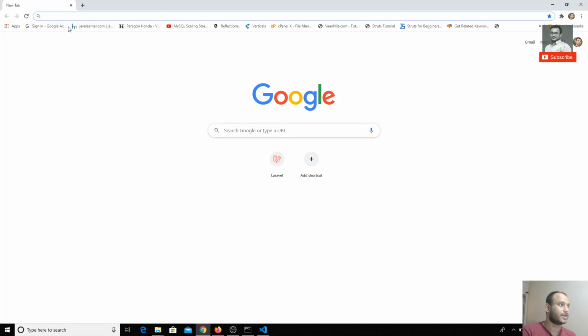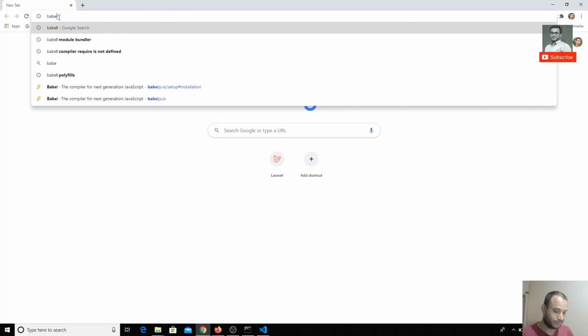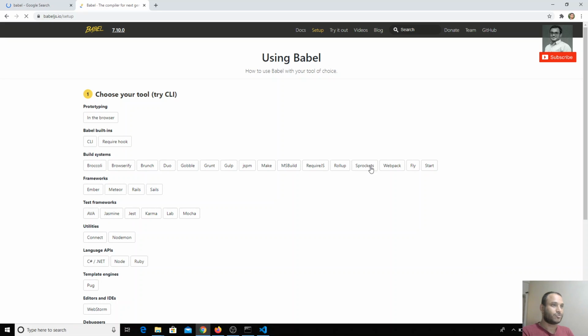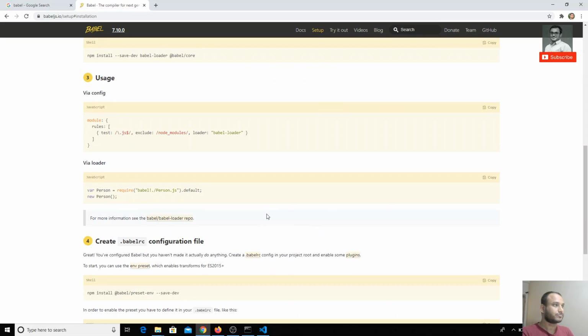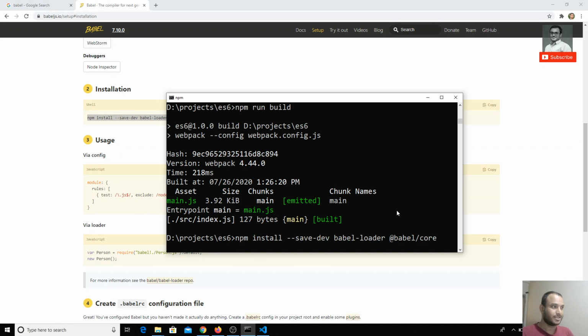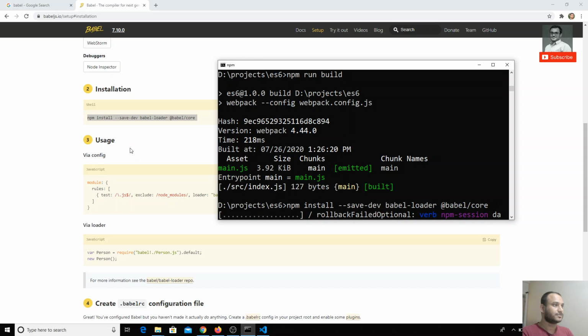So first, the Babel compiler. Why the Babel compiler? Because we have used the Babel compiler in the previous videos, that is the reason we are using it. Now I can go to the Webpack documentation. Here, what they have told is that first we need to install this Babel package. So I will install the Babel package. It will take some time to install.